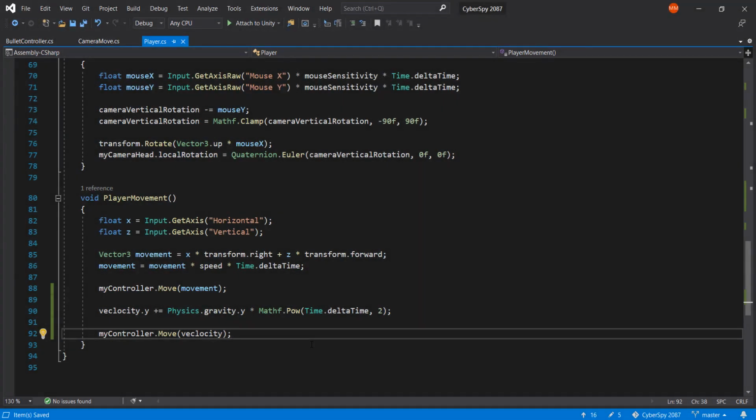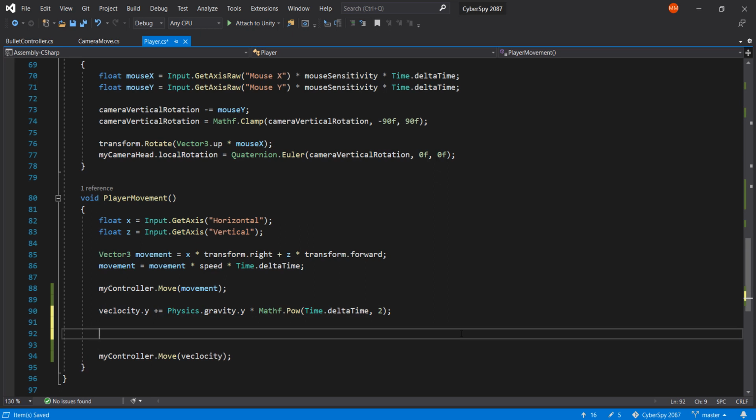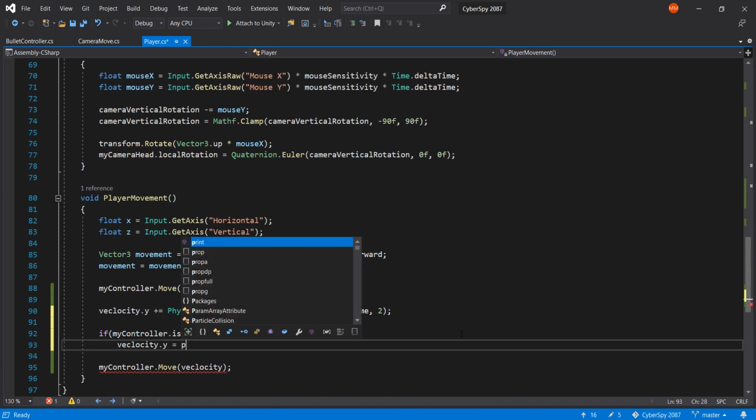Okay, welcome back. So first thing we'll need to do is check if our character controller is actually grounded. And if you've done your research, you would have found that the character controller has an option to check if it is grounded: was the character controller touching the ground during the last move? So was it grounded, yes or no? And if it is grounded, we are going to take this velocity and access the y component on it,